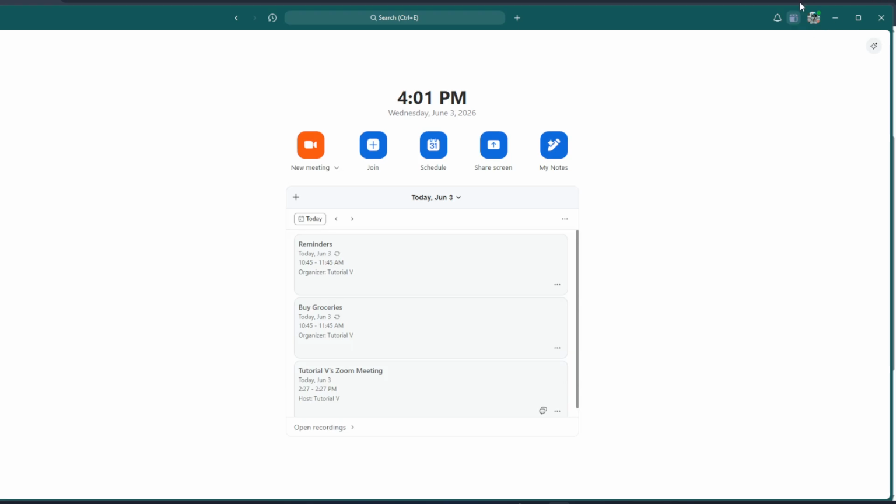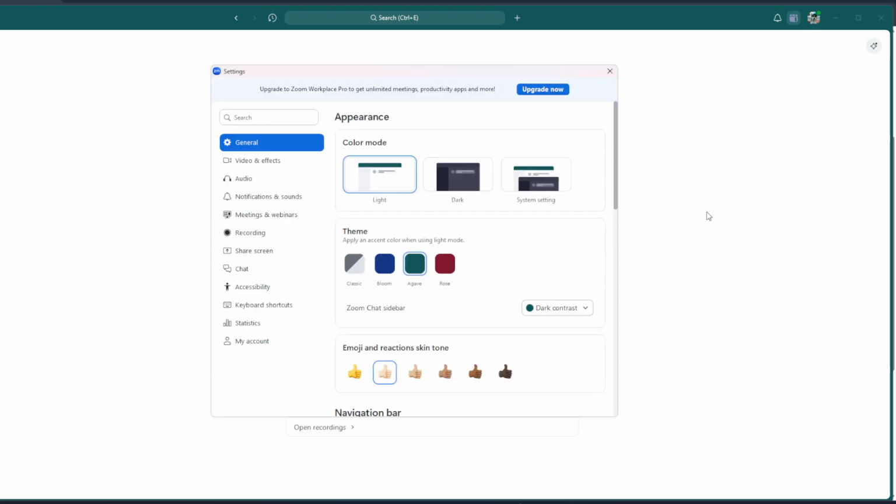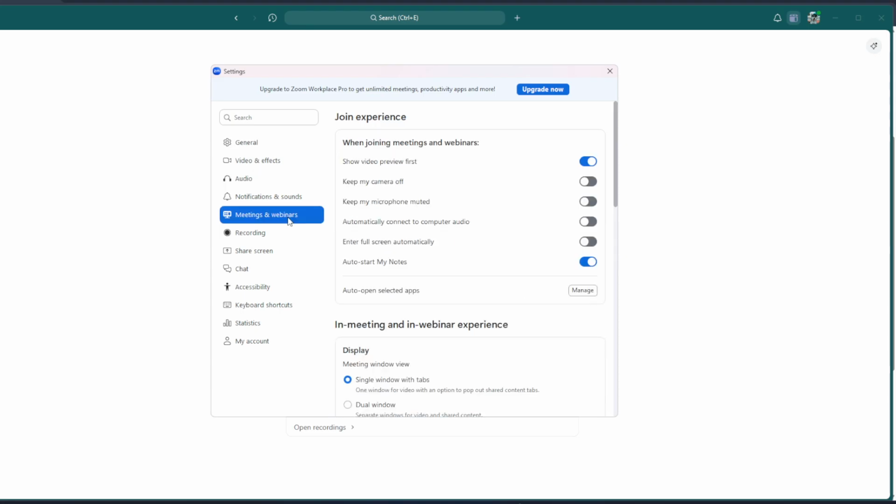To begin, open Zoom and make sure you're signed into your account. Once you're on the main Zoom screen, look to the top right corner and click on your profile icon. This is where you can access your personal Zoom options and account-related settings. After clicking your profile icon, a menu will appear. From that menu, click on Settings. This will open the main settings window, where Zoom lets you control different features for meetings, audio, video, and display